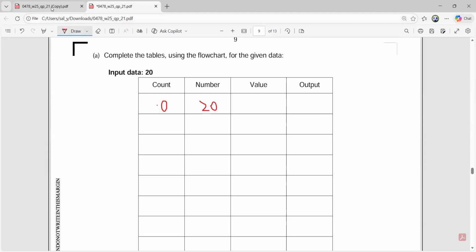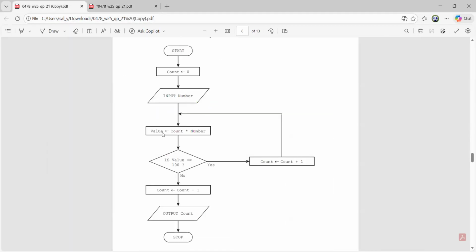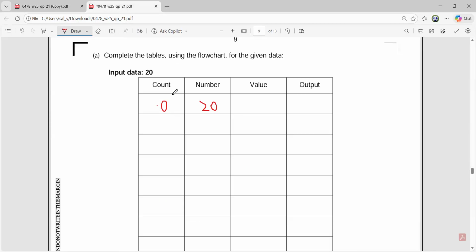After that, the third box says value assignment operator count into number. So what is count? The value of count is 0 and multiplied by number. So if I just put this one for you people to comprehend, 0 into 20. So 0 into 20, you know very well, anything multiplied by 0 will always give you a 0. So the answer will be 0 here. Then it will be,